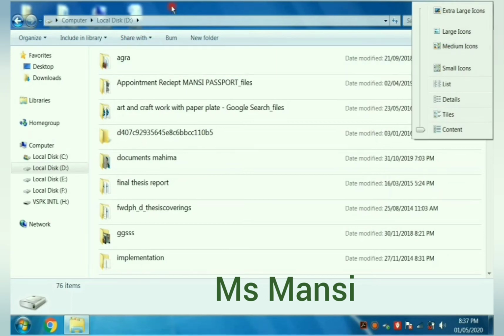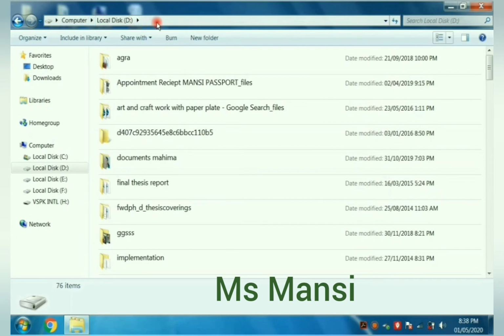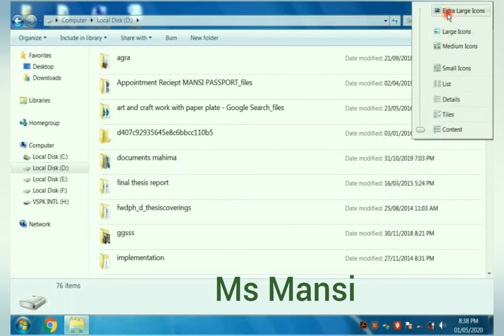So these are the components: this is the address bar, this is the search bar, these are the views: extra large icons, large icons, medium icons, small icons, list, details, tiles and contents.